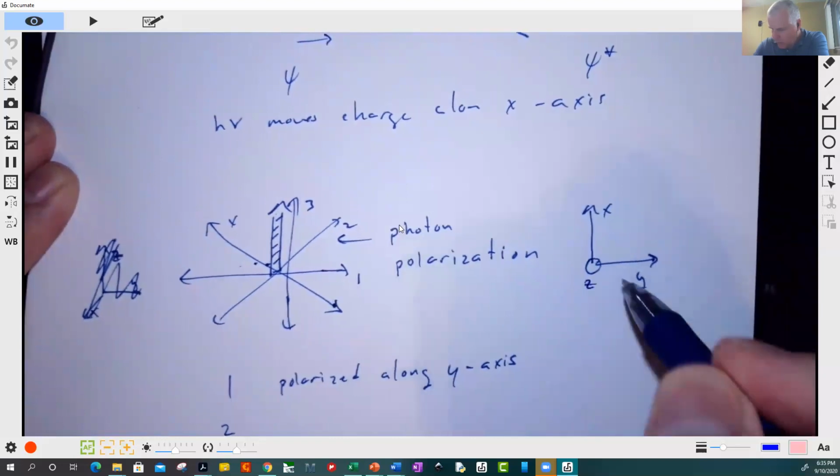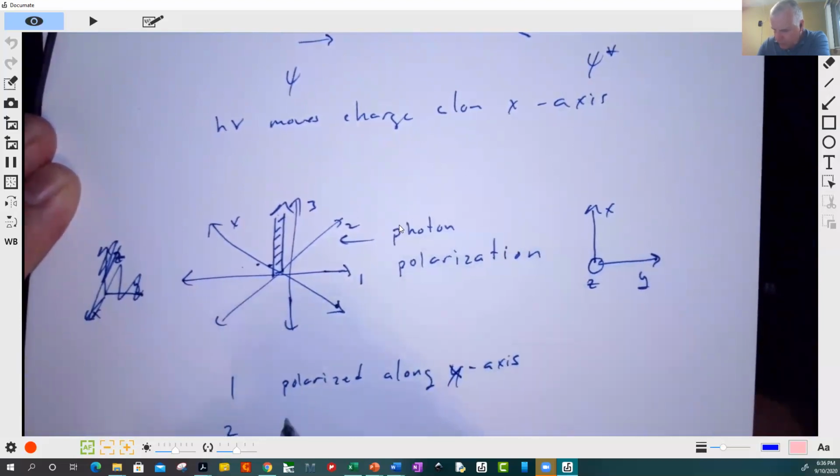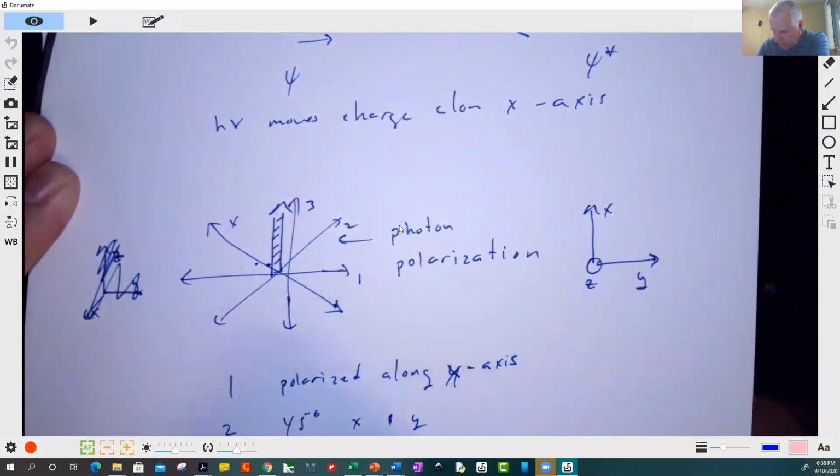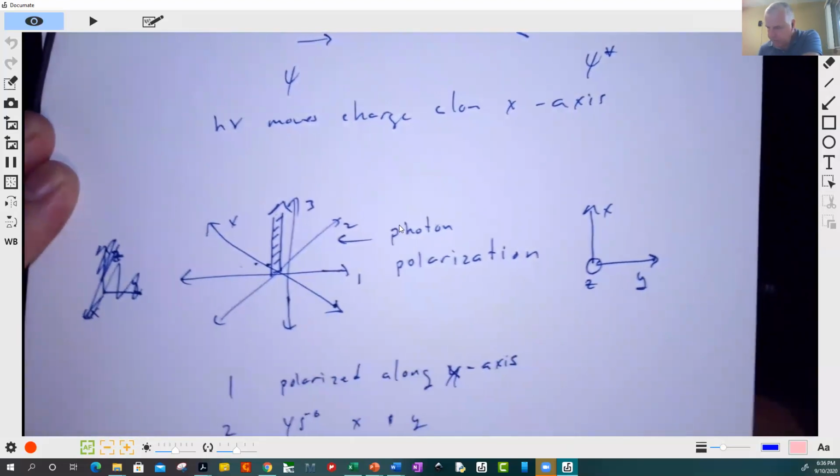So this is z. So 1 is polarized along the x-axis. 2 is 45 degrees between x and y. 3 is along the y-axis. Right? And so basically what we're saying here is that